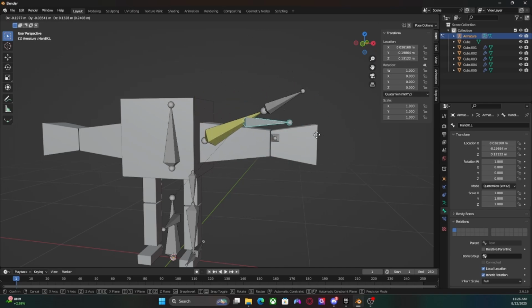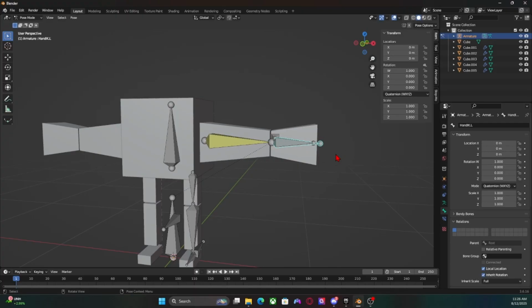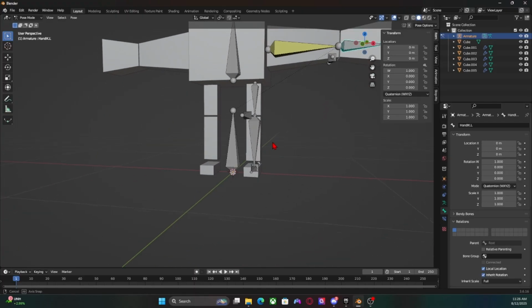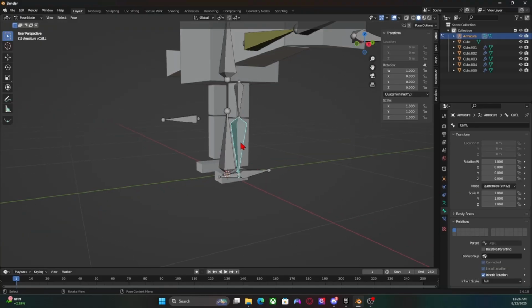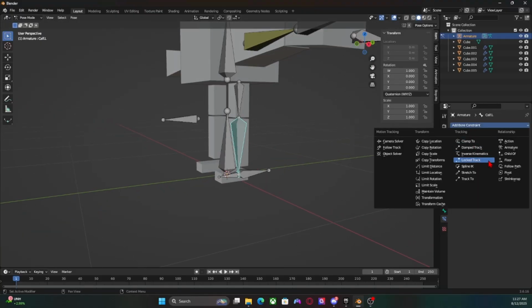Usually it would be connected right to where it's at, but because there's no 2 joints, it's just going to be like this instead, which is fine. It's fine for what we're doing here, but usually you'd want 2 bones for this IK to work properly. Luckily, the legs down here have 2 bones, so it's going to be the exact same thing. Choose the one right before the target hand, add the bone constraint IK,